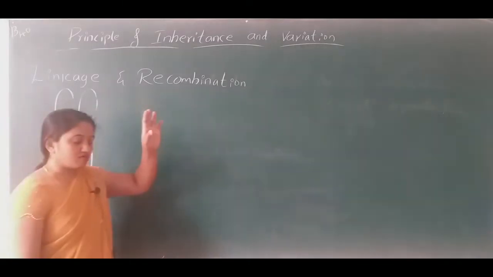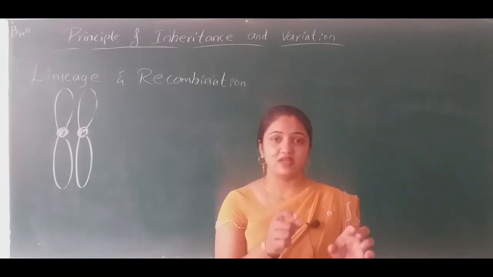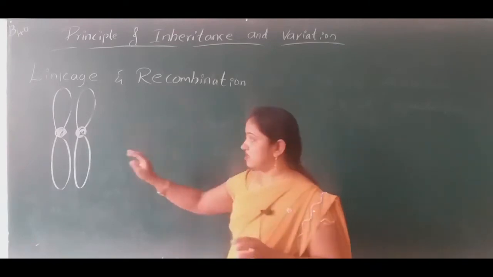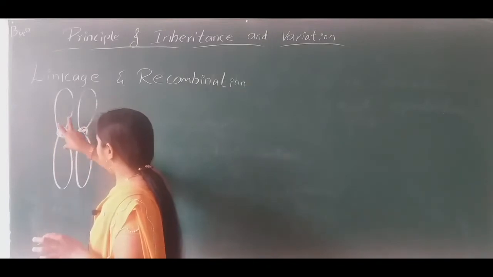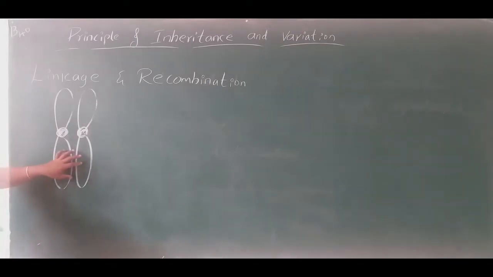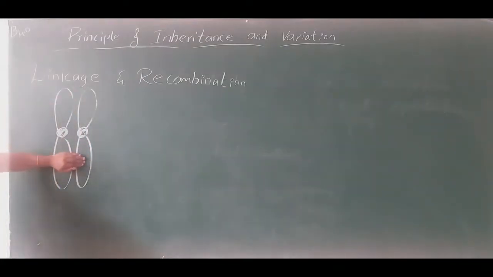What is the purpose of recombination? The purpose of recombination is to share the genes of non-parents. So this chromosome has to share its genes, and this chromosome has to share its genes. That phenomenon occurs in the pachytene stage. The recombination, what I told you, occurs in pachytene. So just keep that in mind. Now we are in the linkage